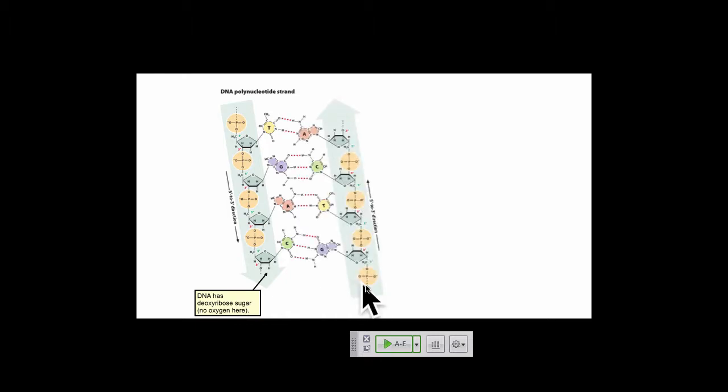And that's because this is the 5' end of the molecule. So there's the 5' carbon. It has one phosphate on it, but there's the 5' carbon, so that's the 5' end. And then going in this direction, it's going 5' to 3', and down here would be the hydroxyl group on the 3' end. Make sense? Okay. The opposite strand is going 5' to 3' from the bottom to the top of the slide.